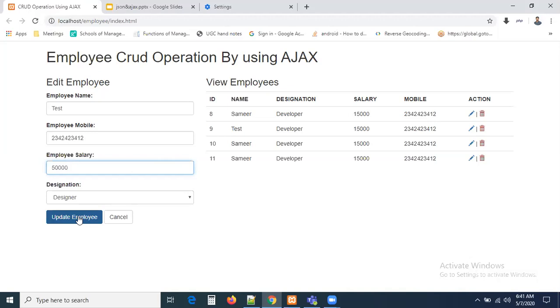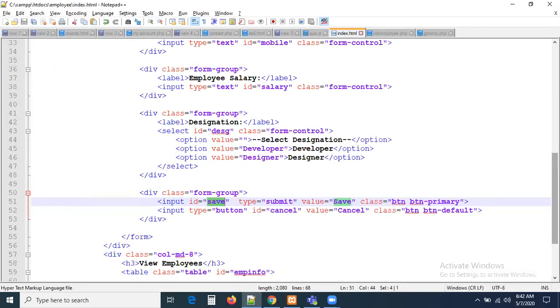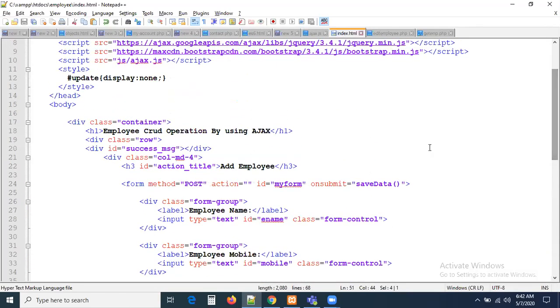Once you click the update employee, what do we need to do? We have to update the data. We cannot insert the data. The data was already inserted. Just update based on the ID. So for this, let me go to my form. Here, I want to keep two hidden form fields. So in the form, all of you check it.